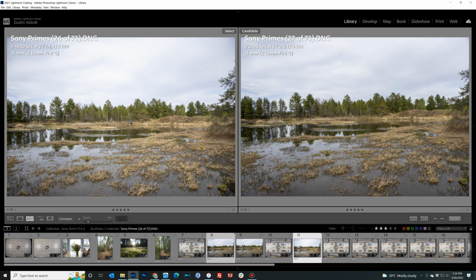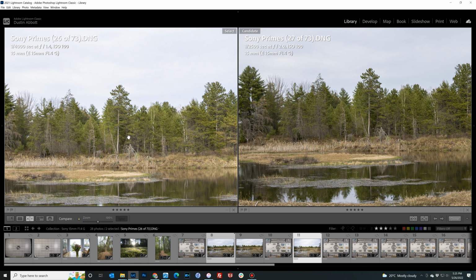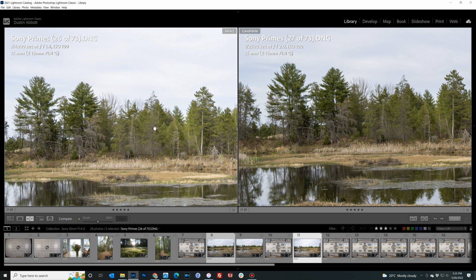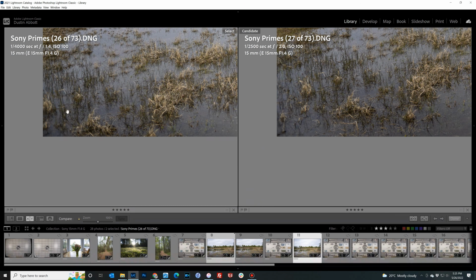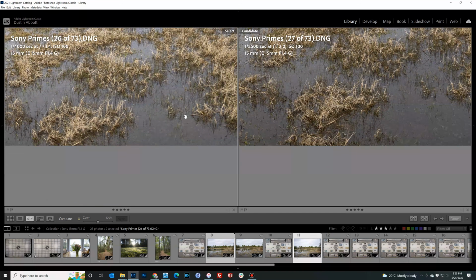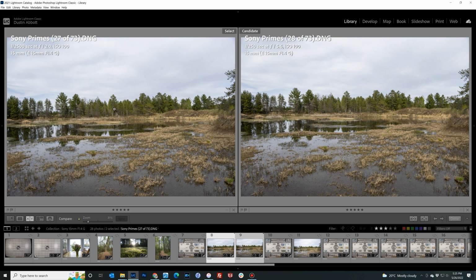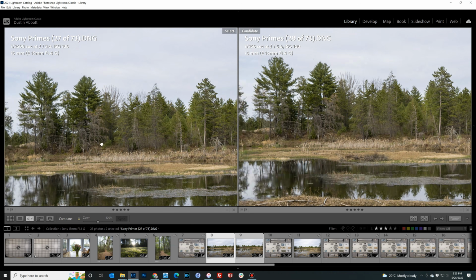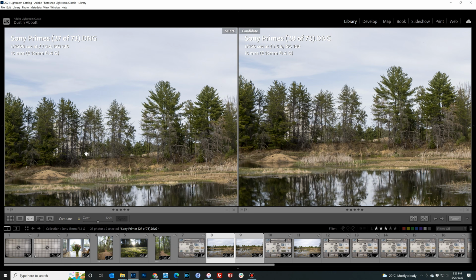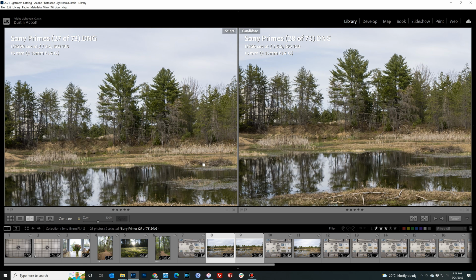Now, if we look at a real-world shot at 100% magnification, you can see that as far as resolution and contrast in the center of the frame, things between f1.4 and f2 only look minorly different. It's mostly going to be into the corners where you can see that sharpness continues on, even though obviously in real world you're impacted somewhat by depth of field. Now, if we compare f2 to f5.6, we can see that as you stop on down, there really isn't a huge difference. And so comparing, as we pan across the frame, things start to look just ever so slightly better in the corners, but